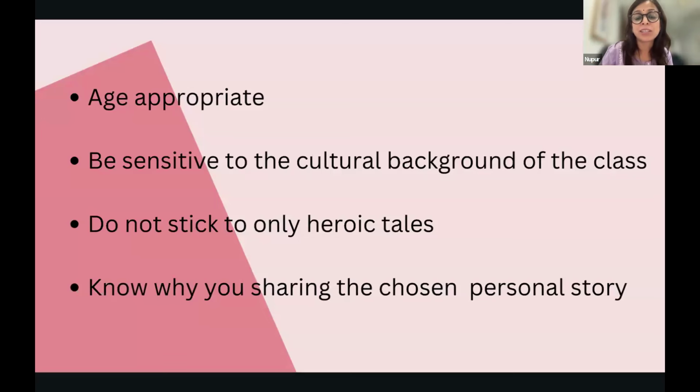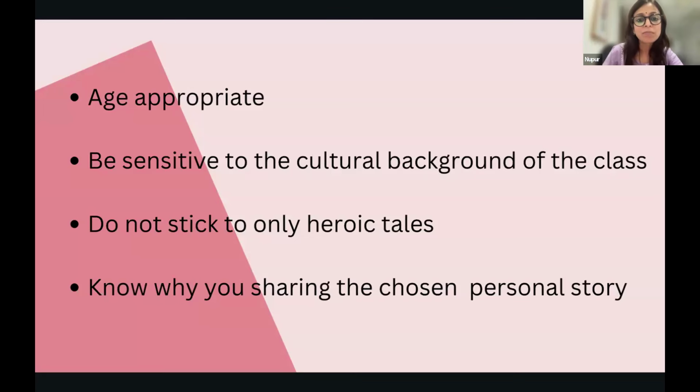Think about age appropriateness. If you talk about dating, crushes, and first love to a group of teenagers, to grade 10th, I understand, but you can't bring those stories to fourth or fifth graders. It's not age appropriate. So be mindful that the personal stories you share need to be age appropriate. You should be sensitive towards the cultural background of your class. You should not only talk about stories where you emerge as a hero,